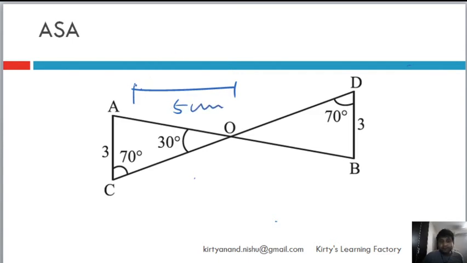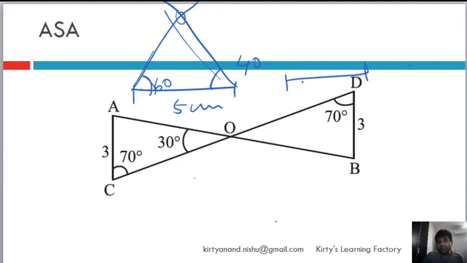This is 5, this is 60, and this is 40. Now I am saying that this direction is fixed, obviously, because angle 60 is fixed, 40 is fixed. So they will only cut at one place. If this were to be 5 centimeter, or let's say if this were to be 4 centimeter, and then if I drew an angle of 40 degree from here, same angle, so these two will be parallel lines. If this is 40 degree corresponding angles, then obviously this would have cut the triangle here, right?